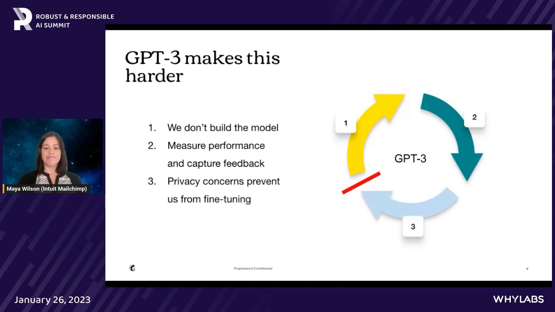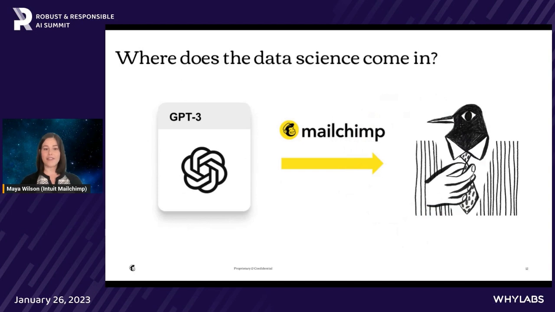So, all right, where does the data science come in? Now I've just told you that we're using directly the GPT-3 model that OpenAI provides, and we're just providing it to our users like Business Bird here. So where does the data science come in? Rather than focusing on improving the model itself, we're shifting our focus to improving the way that we use the model. We think about this in terms of pre and post processing, and critically in terms of using the right prompts. So I'm going to talk in a little bit about how we do prompt optimization. But first, I want to talk about where the humans come in. In particular, where do the data scientists come in? But also, how do our users fit into this cycle, and how does the rest of the team go?